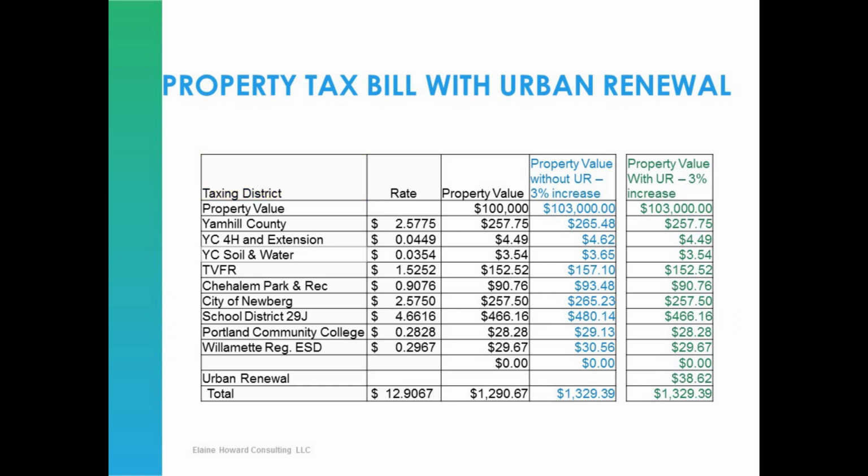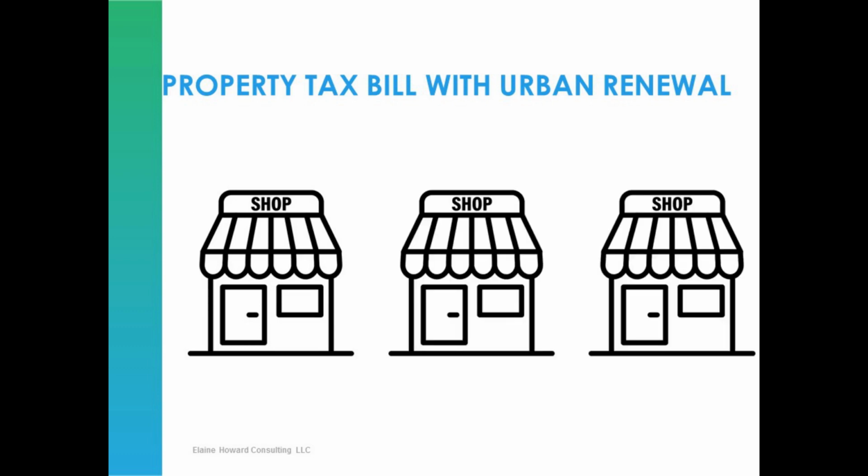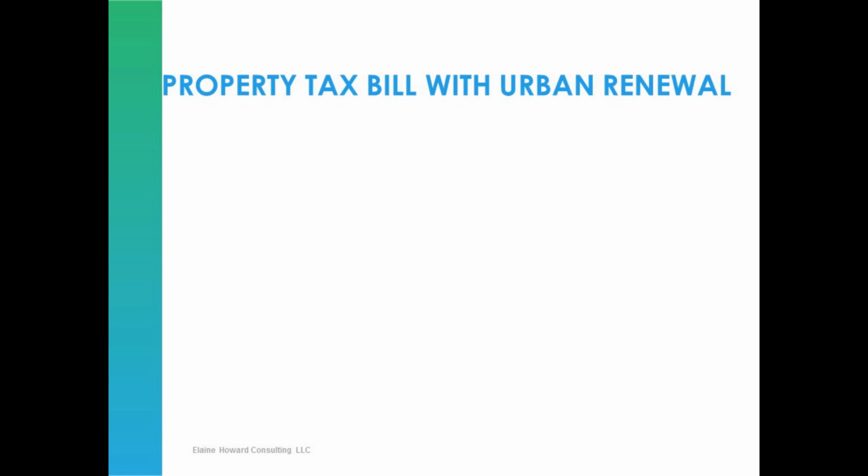The assessor must calculate the difference in current assessed value and frozen base assessed value the same way we have just shown for each property in the urban renewal area. This value is multiplied by the aggregated tax rate to determine the amount of property tax revenue redistributed to the urban renewal agency. How the assessor collects the urban renewal agency's revenue is the most common source of urban renewal